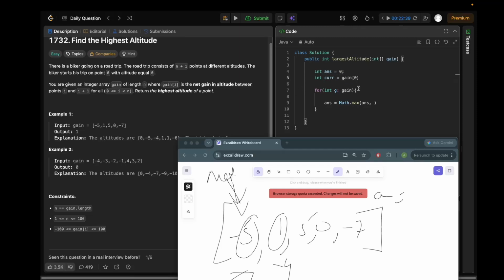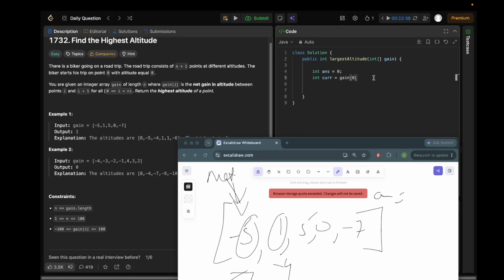Current pointer is at gain 0, answer, answer equals to current, oh sorry, equals to answer, current, and we initialize current equals to current minus g. No, I don't think we have, since okay this, no, I think I have to use a